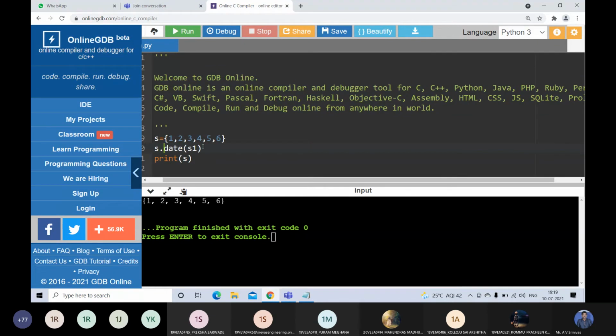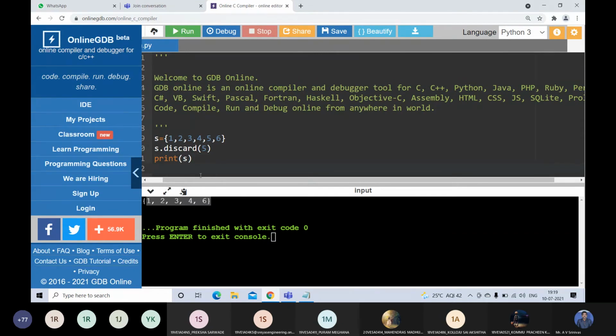Now I am writing S dot discard of 5. Then 5 is deleted from the set. So now the set is 1, 2, 3, 4 and 6 here.